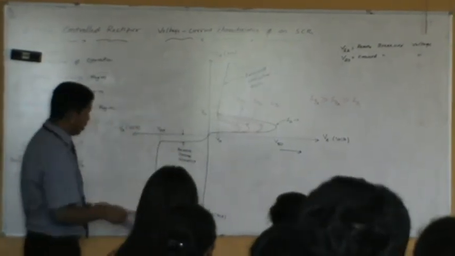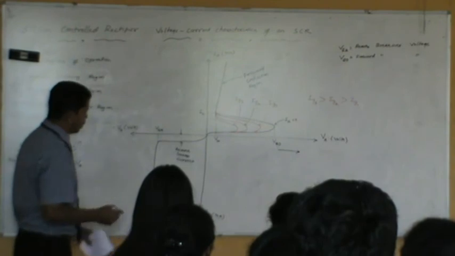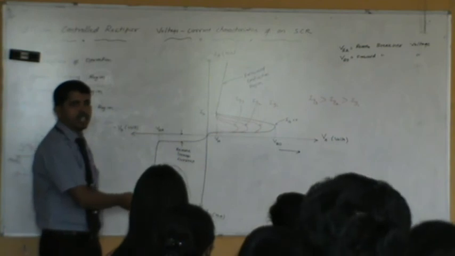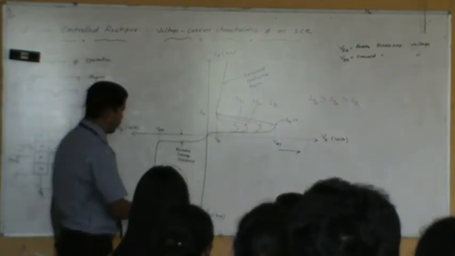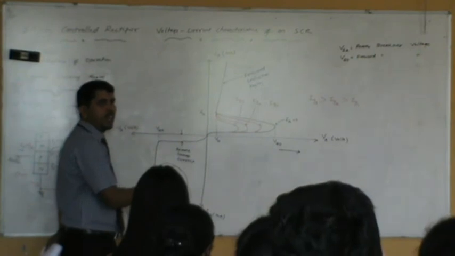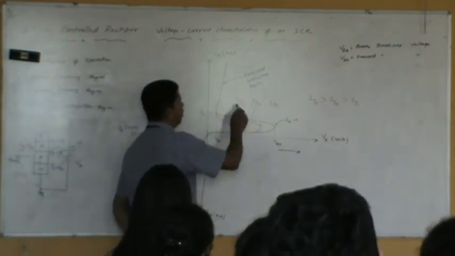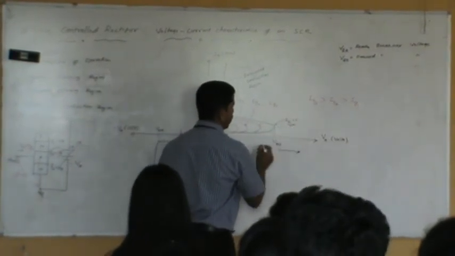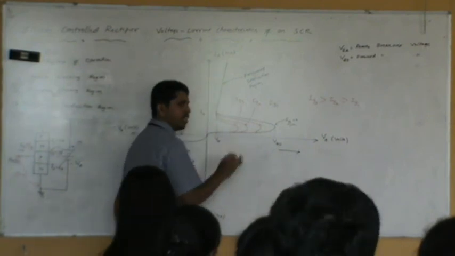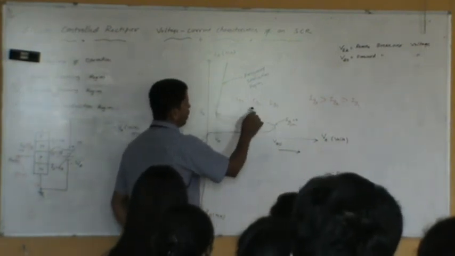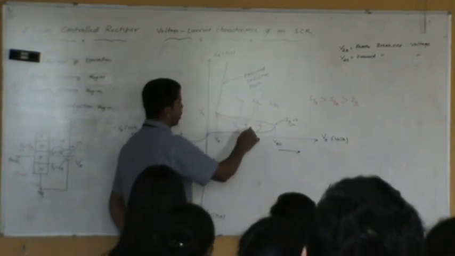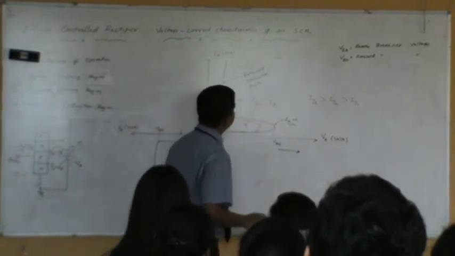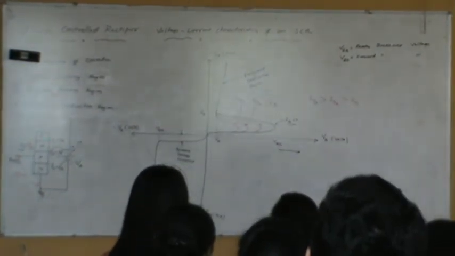Normally, we don't use this reverse blocking region, because it almost looks like diode reverse characteristics. In a diode, we don't operate in the reverse region because it acts like an off switch. But look at the forward conduction region: even if you don't apply the gate voltage, you need to apply a larger anode to cathode voltage. The simple technique is to apply a suitable amount of gate voltage, either Ig1 or Ig2 or Ig3, so that the device conducts at an early anode to cathode voltage. This is the working principle of the silicon controlled rectifier. Right? Any questions?